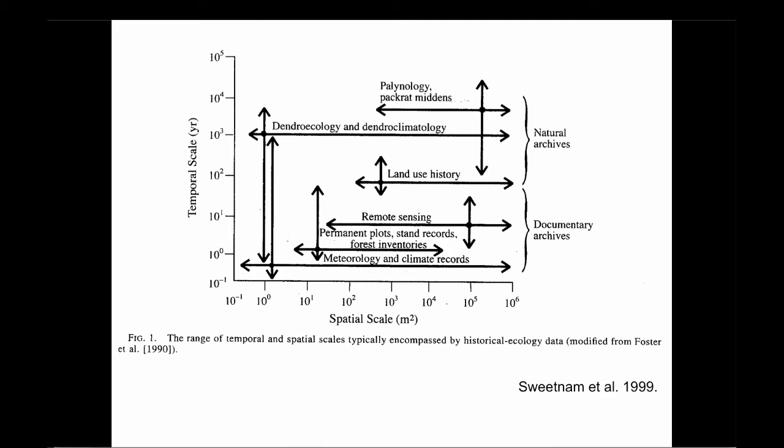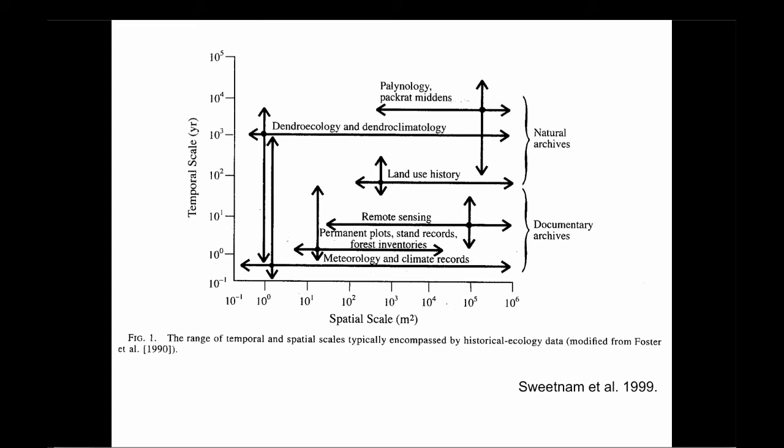Likewise, we can look at historical data that is recorded naturally from a variety of sources, such as tree rings and pollen records, or if you're over at the Byrd Polar Research Center on West Campus, you can look at ice cores, for example, which are natural recorders of ecological and environmental conditions on the ground, right? And those typically can span pretty broad spatial scales, but the temporal scale and resolution there